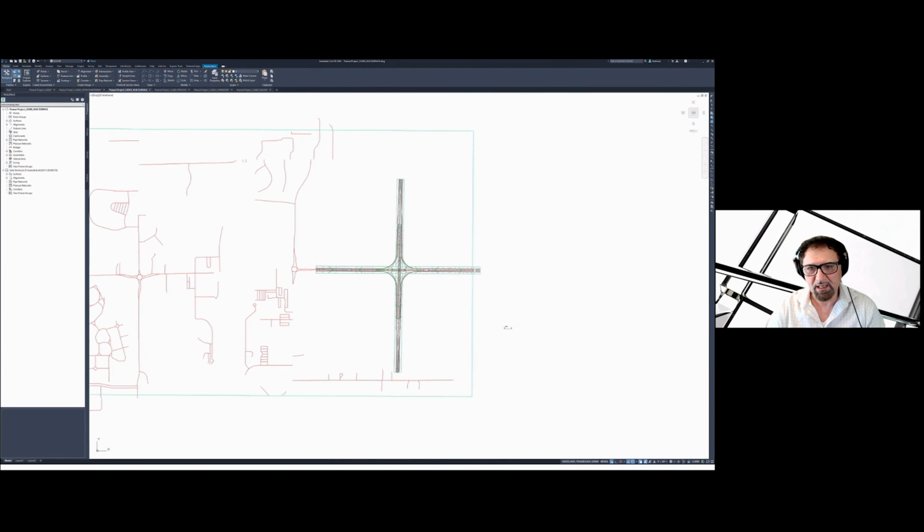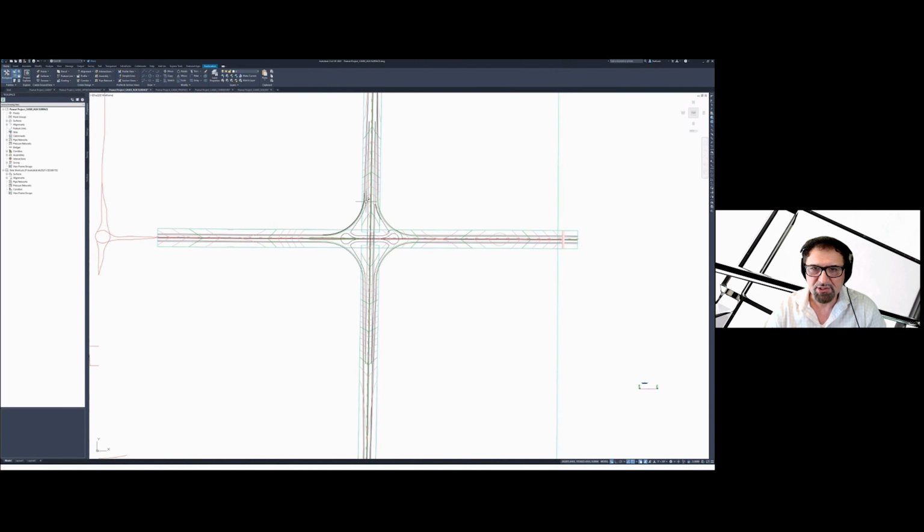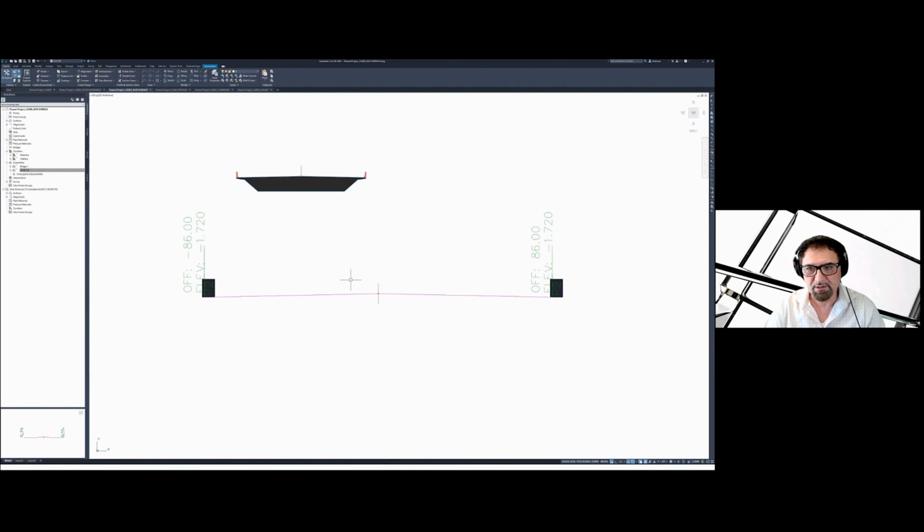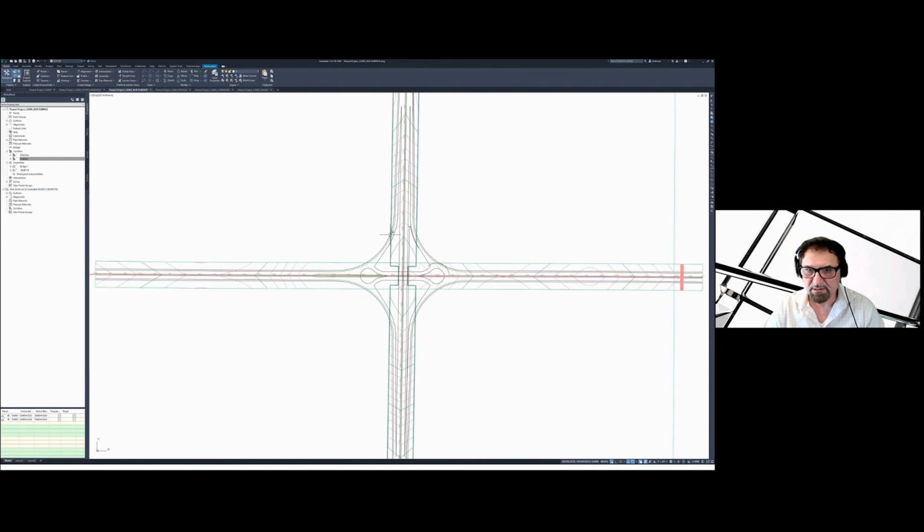Temporary surface will allow me to read elevations from the design surface on the main road and on the side road. And then I will use those to fine design the profile on my connected ramps. Temporary surface is simply created by utilizing a temporary assembly. That assembly was created to cover for the overall width, so that I have very little space left in the middle to bridge across and smooth out that transition between the two.